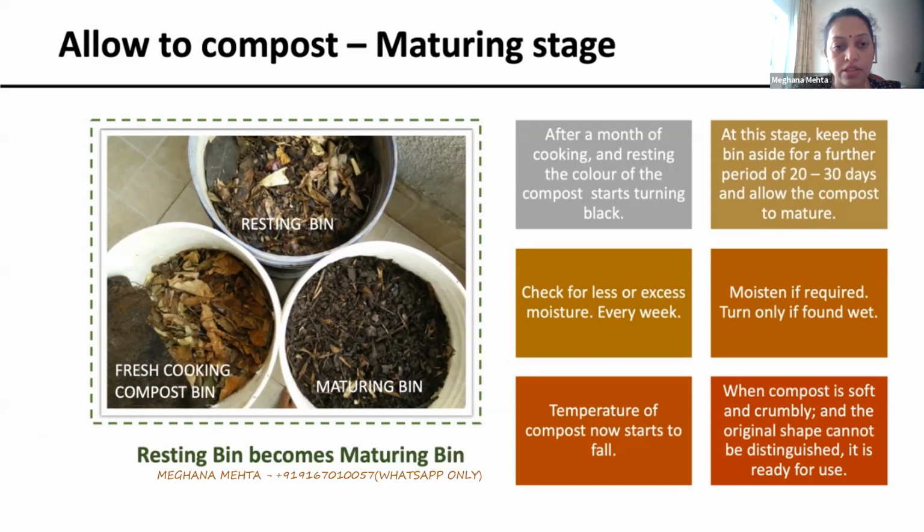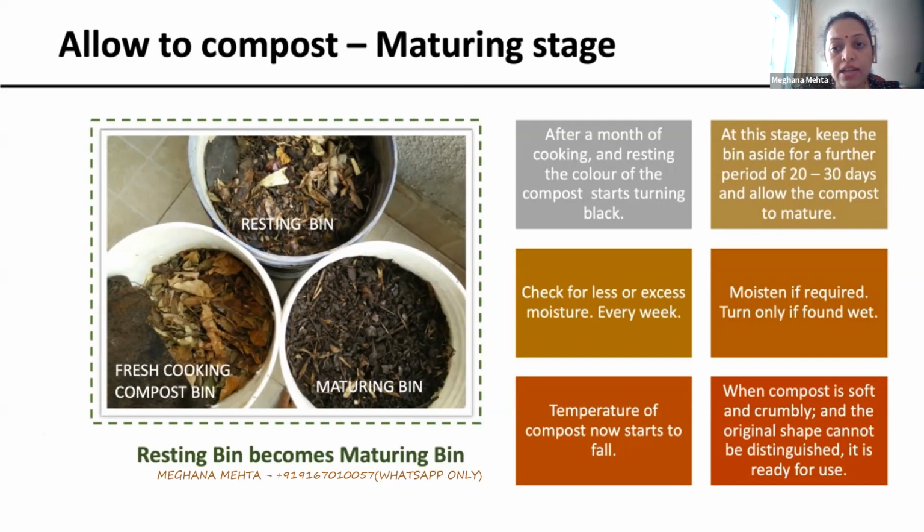If it is monsoon season and raining continuously for months, then you will not put a moist cloth on top. You'll just put a cloth and cover it so that no sunlight goes in. As it is the monsoon season, we hardly get sunlight, but you will just cover it with a dry cloth, because there is already a lot of moisture and humidity in the atmosphere. Now, after some days in the resting bin, you will find that the bin which was full till the brim, the level will go down, and the color of the compost will start turning brown and black. I'll just read through my slide.